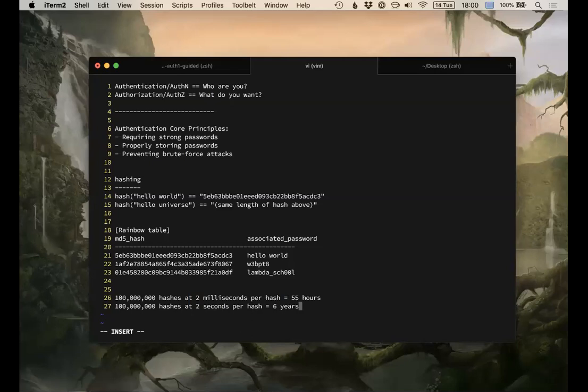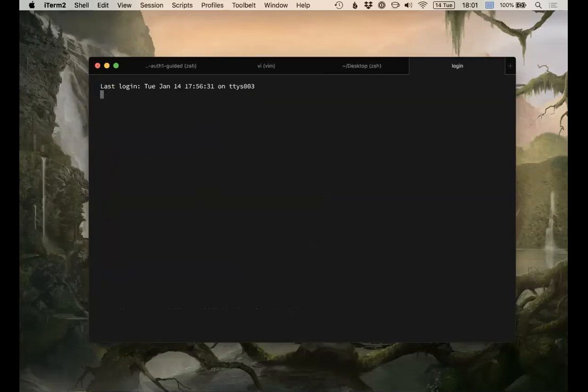So using hashing algorithms alongside these time complexities, it results in something called a key derivation function. It's a hard word to say, a key derivation function. Okay, if you remember derivatives from math class, essentially a key derivation function